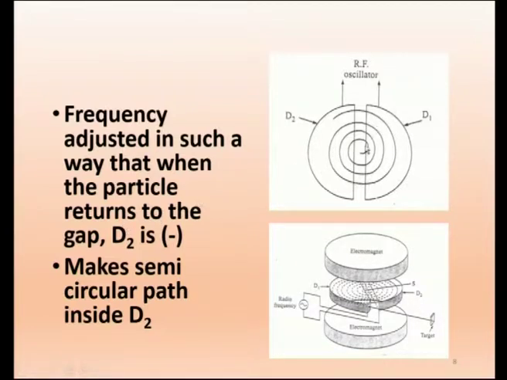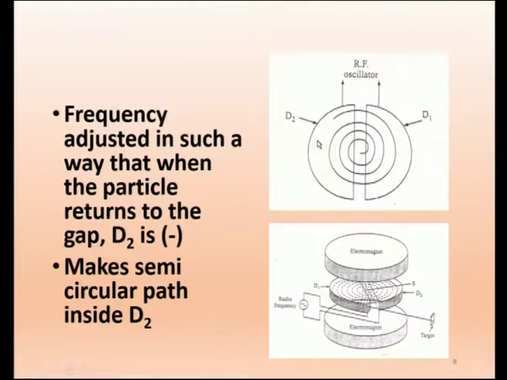Say this is a positively charged particle, it goes in a semicircular path. When this particle comes here, D2 must be negative, only then it will attract. So it must be exactly adjusted. When the particle goes here, this positively charged particle gets attracted towards D1, and when it comes to the gap, this must become negative, only then it